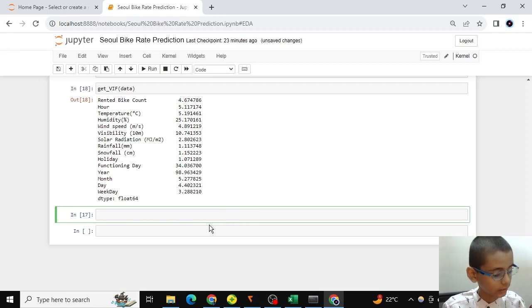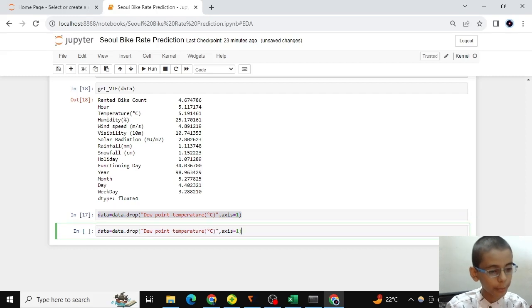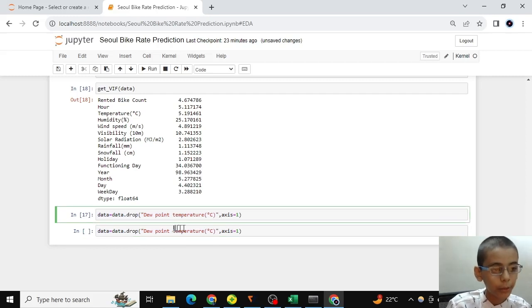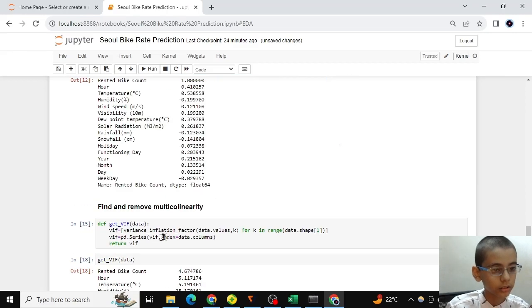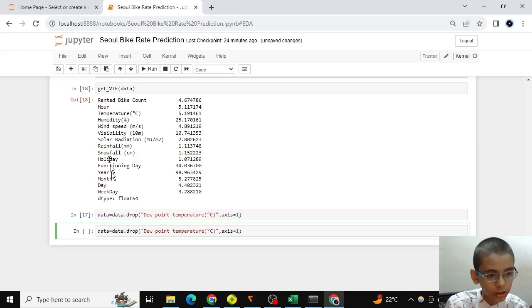And after that we dropped dew point temperature. We have to decide which we have to drop next. We have to drop visibility. We can drop visibility.